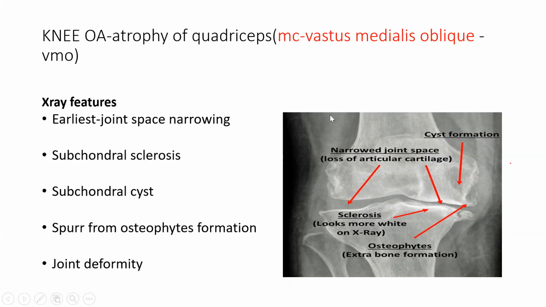See this. Normally, this is the space. If your knee is normal, it looks like this. This is your tibia and this is your femur. The gap is this much on both sides. Both sides the gap is equal between the two bones. This much gap is here, and this much gap will be there too, in the initial stages, like at 20-30 years. Along with age, the joint space on one side keeps decreasing.